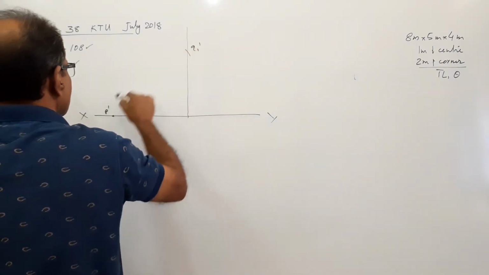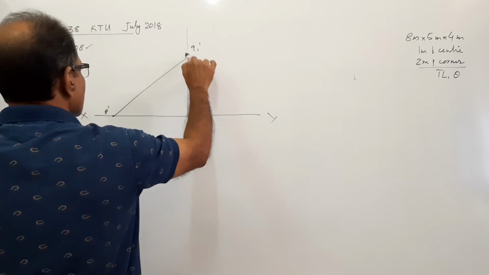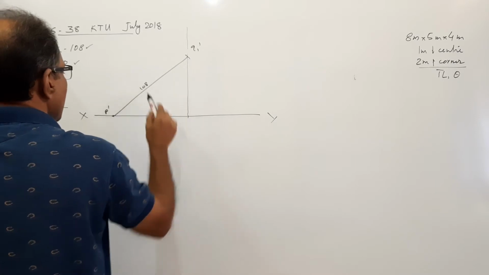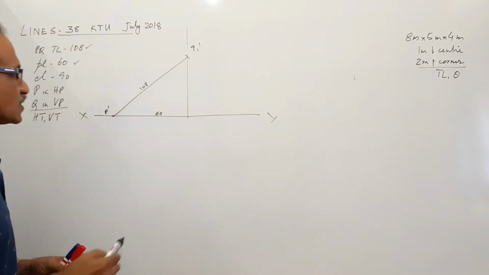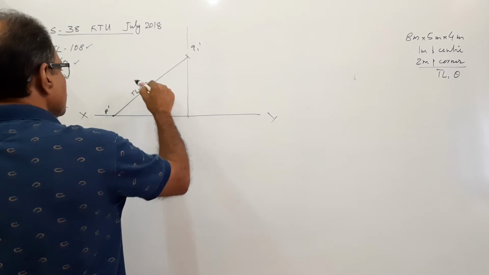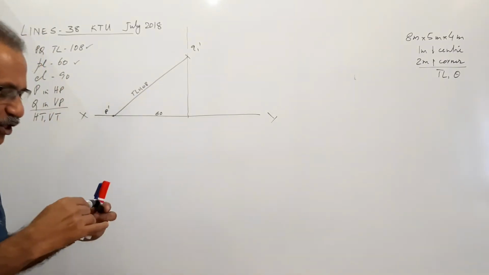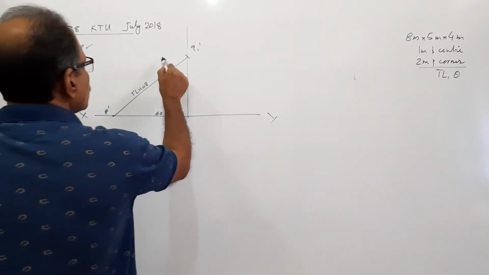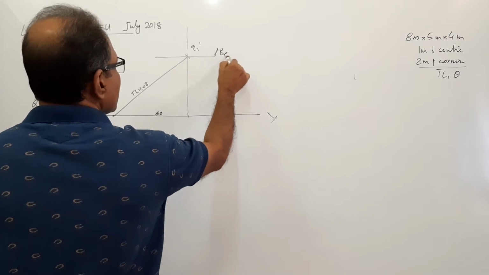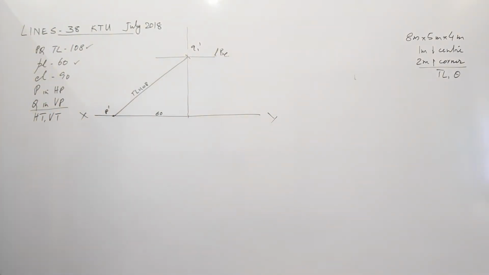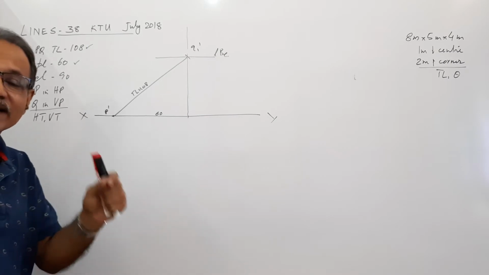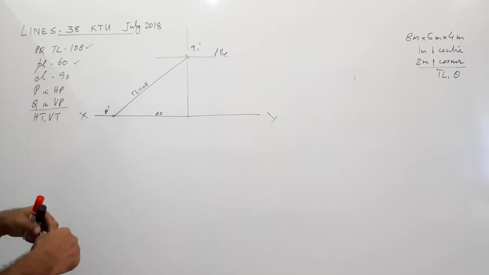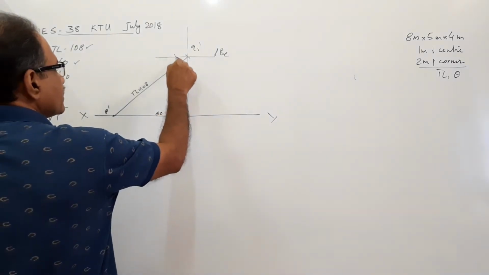This is Q1 dash. How much is this? This is 108. And how much is this? This is 60, the true length. I have already told you this is not the correct way of dimensioning, just for information. On this Q1 dash, you have the locus of B. What does the locus of B contain? It contains B dash, the elevation of the end B. Elevation length is given as 90. Take that in your compass and cut Q dash.